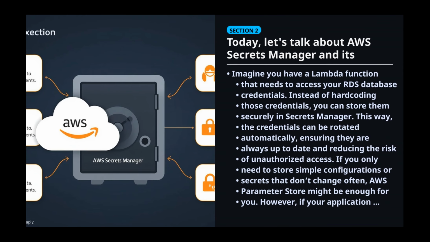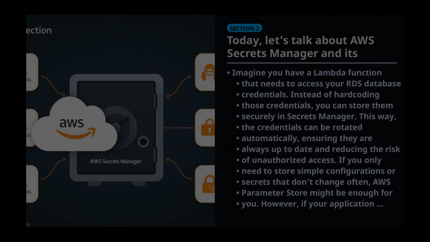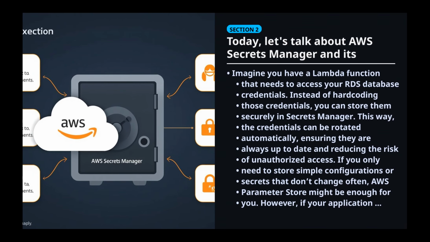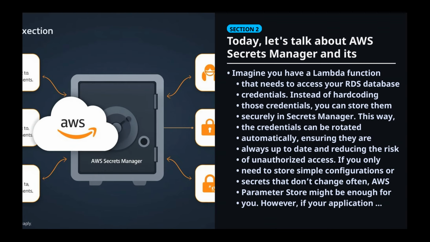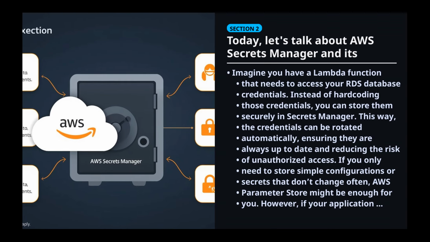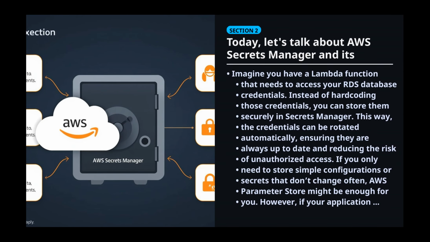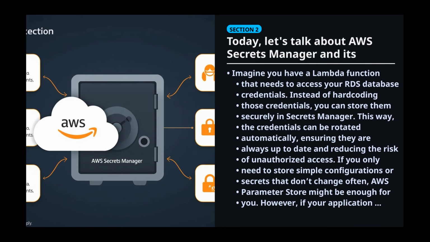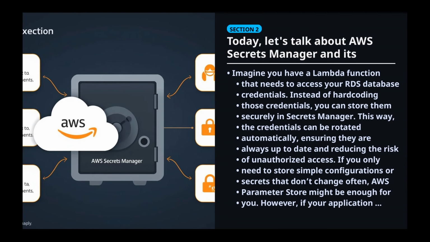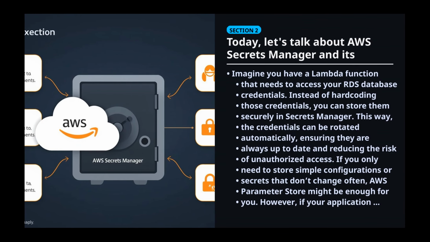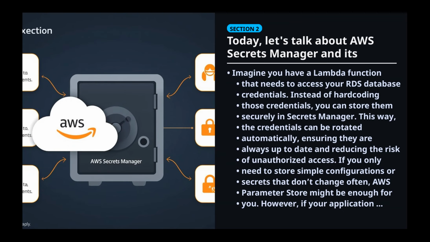Imagine you have a Lambda function that needs to access your RDS database credentials. Instead of hard-coding those credentials, you can store them securely in Secrets Manager. This way, the credentials can be rotated automatically, ensuring they are always up to date and reducing the risk of unauthorized access. If you only need to store simple configurations or secrets that don't change often, AWS Parameter Store might